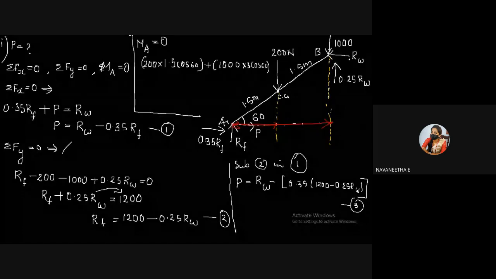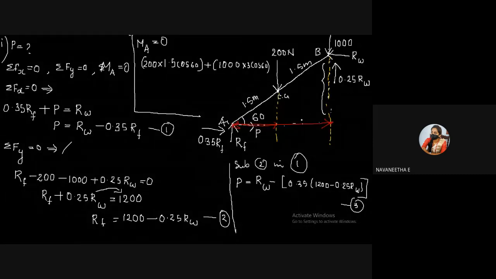While considering RW, the perpendicular distance is this one. It is the opposite side of the big right-angled triangle. Here the hypotenuse is again 3 meter and the angle is 60 degree, so we can easily find the opposite side of this triangle. That is 3 sine 60, right? So you can write RW times 3 sine 60.